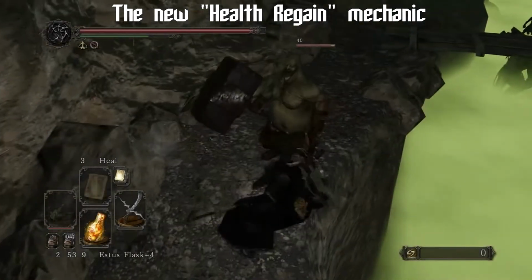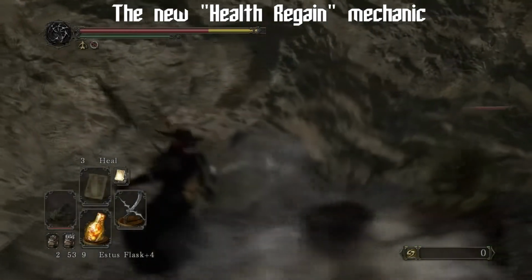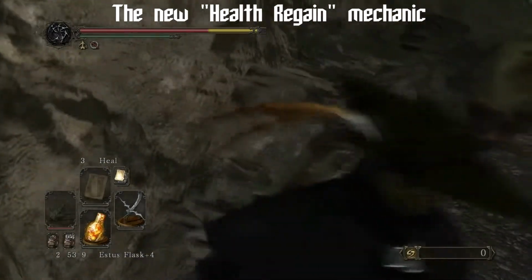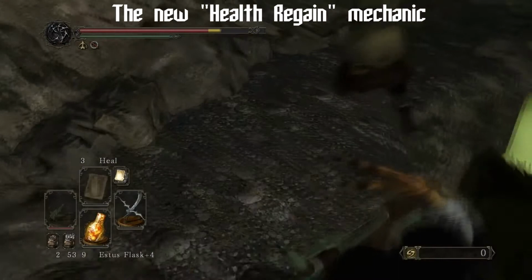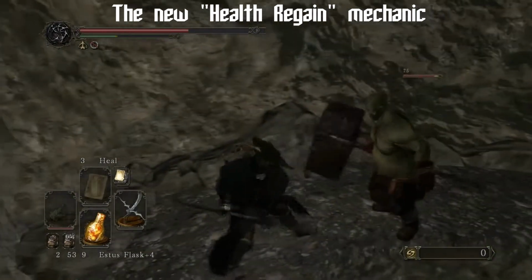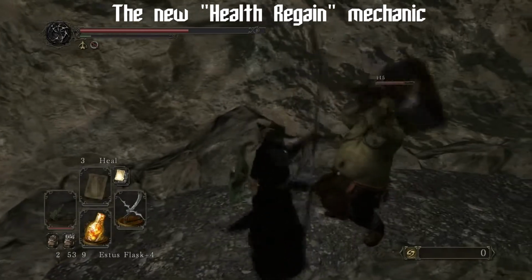So let me explain. Imagine you take damage. Instead of losing that health immediately, the damage you took is shown off as yellow in the HP gauge and will deplete over time if you hesitate to strike. If you hit back while you're still losing this yellow health, then your health will stop depleting from the damage